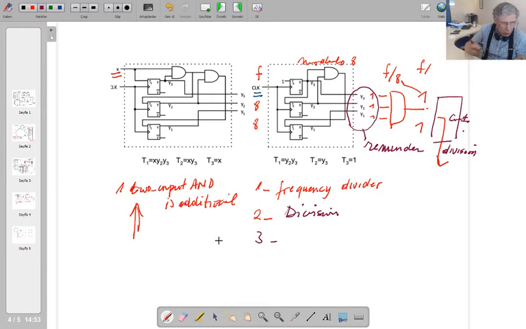There is one more I had in my mind, but I've forgotten it now. Oh,